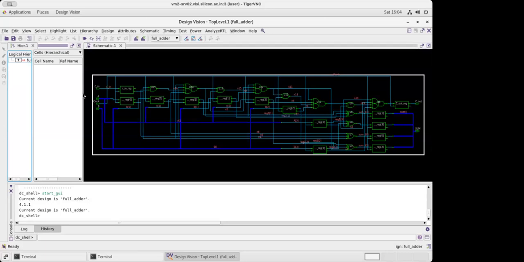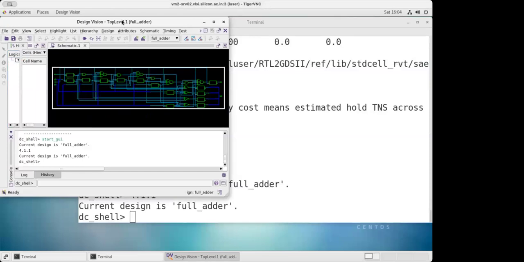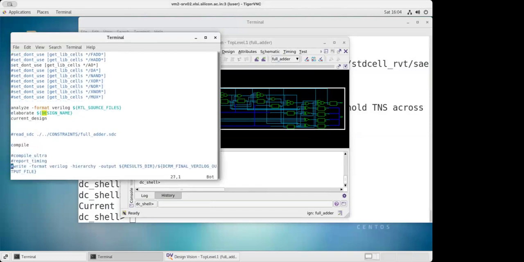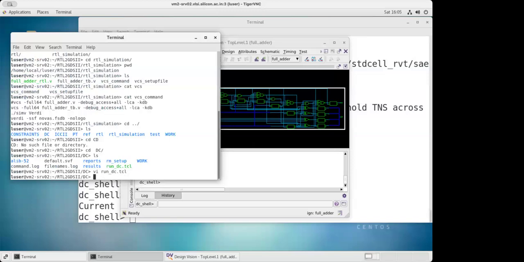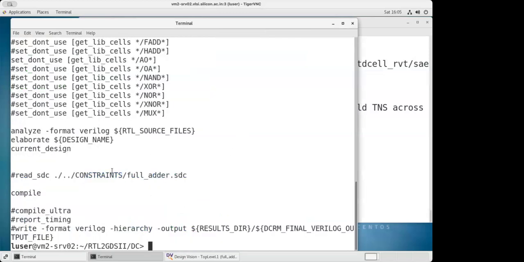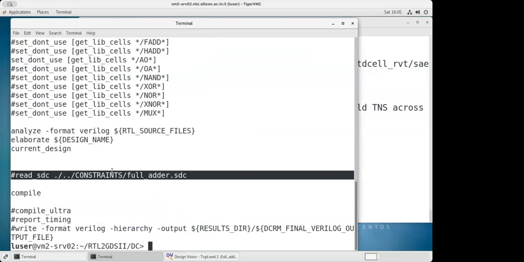Okay, so now if you will go to the terminal, the other terminal, where you have one of the empty terminals, now you just do this cat with respect to the run.tickle. There I just want to show you one more thing. Let me just show you that. Okay, here. So there is a command. If you will see this,